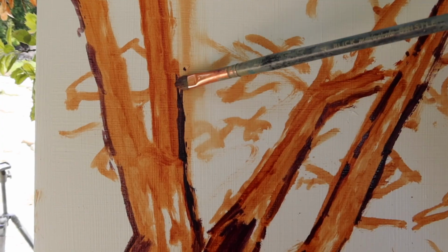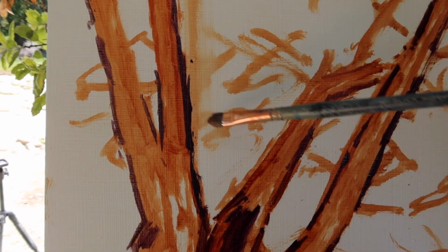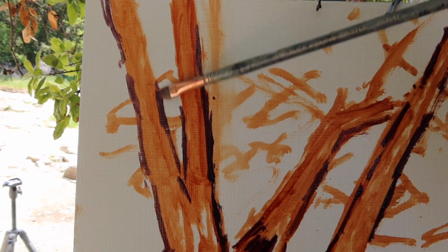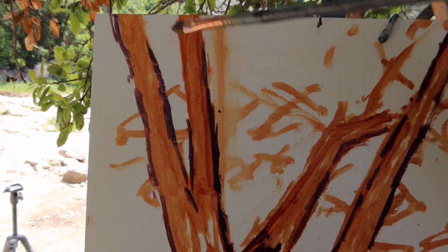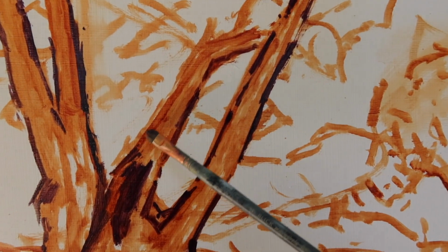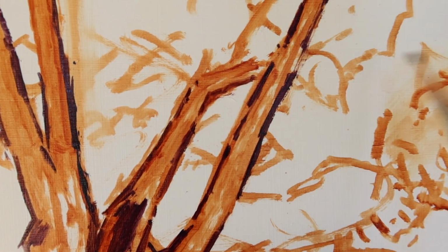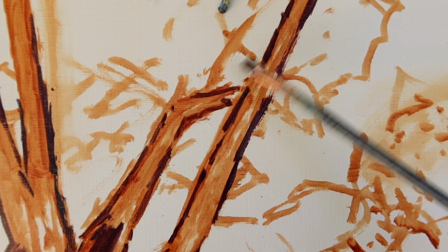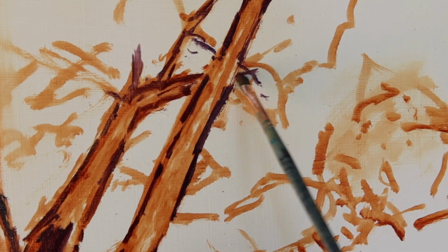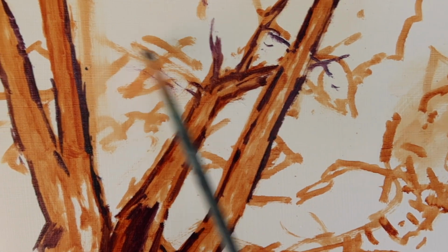next a strong pattern here. Now I've got a mixture of ultramarine blue and quinacridone magenta, further defining the tree shapes. So the first sketch I'm kind of exploring, and then once I like the position of everything, then I come back in and sort of define things more clearly. And there's a branch coming up this way. I'm mainly focusing on the trunks at this point, and then I'll improvise the smaller branches using this mix to